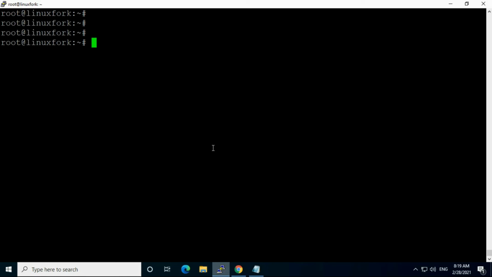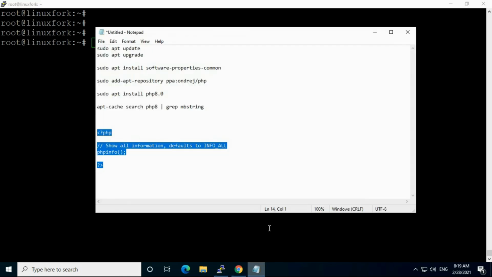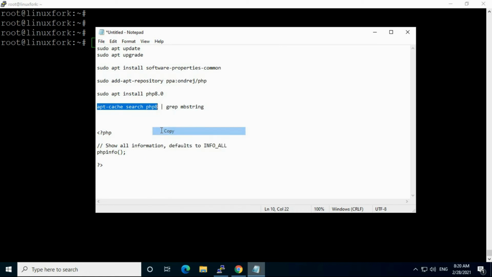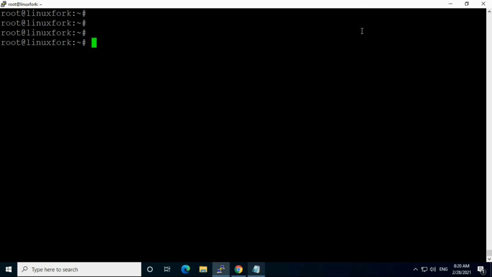Here we are going to use a simple command, apt-cache search. By using apt-cache search, we will search the PHP 8 related libraries.